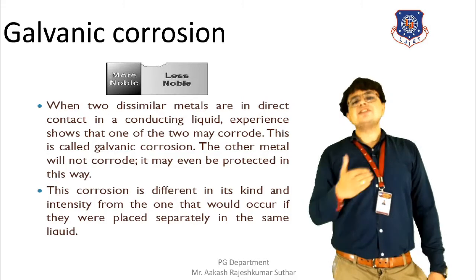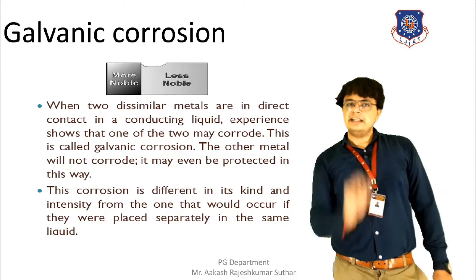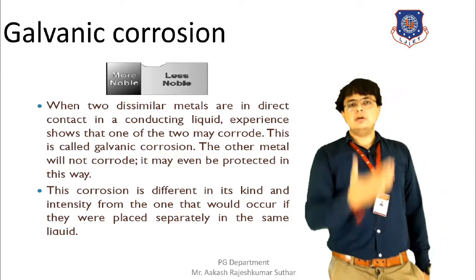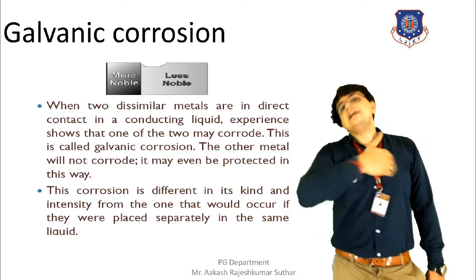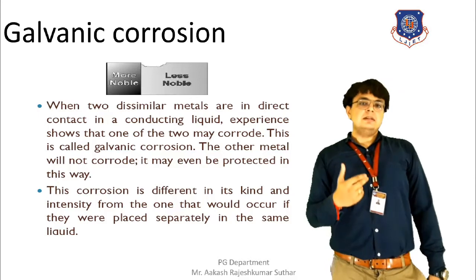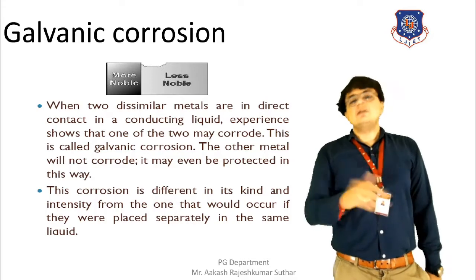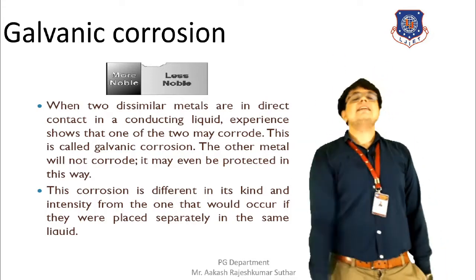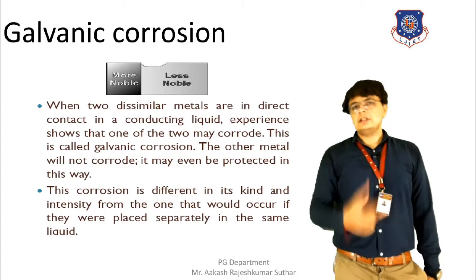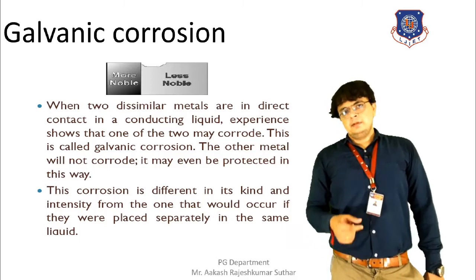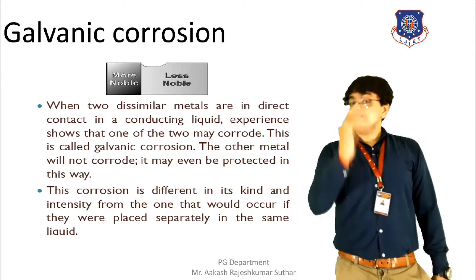Now, on a brief discussion of this kind of corrosion, we can say that when the cathode that is formed in the corrosion condition is a less reactive metal, and the anode is a more reactive metal, and once we pass an electric current through such an arrangement, then galvanic corrosion will definitely take place. So this is how the corrosion takes place. The reactivity of the metals does matter.